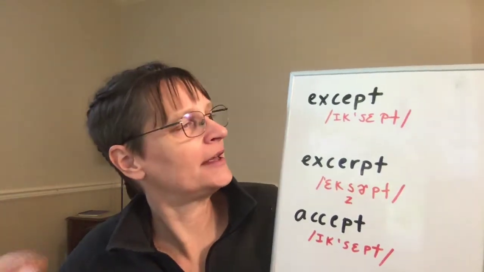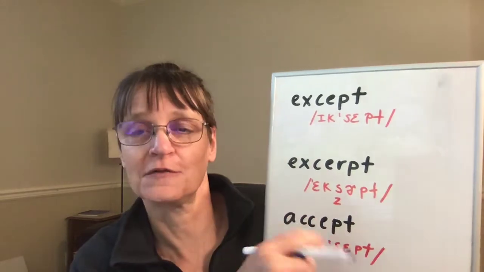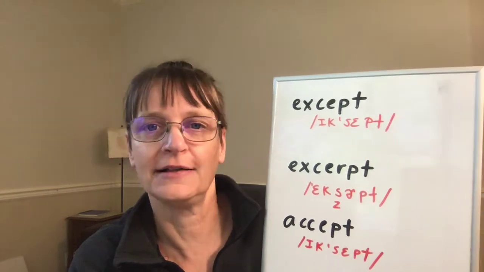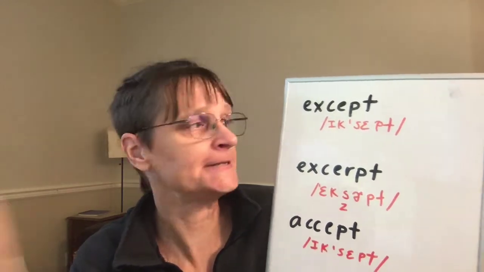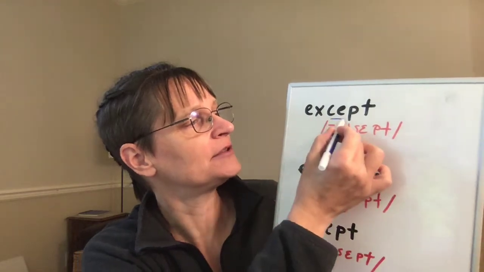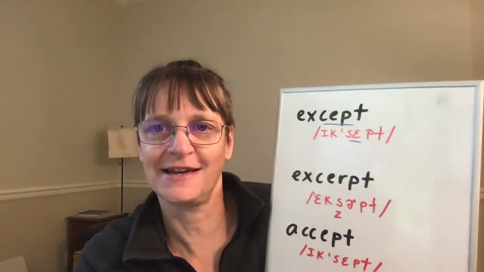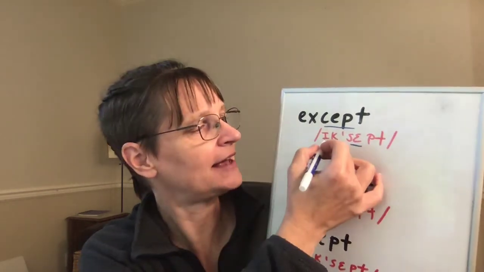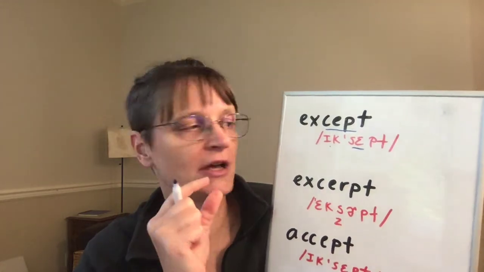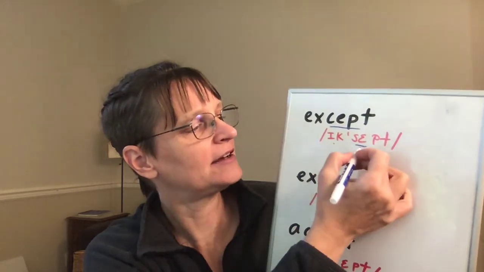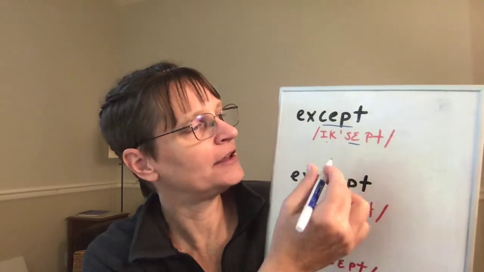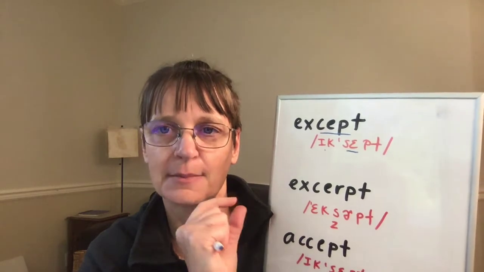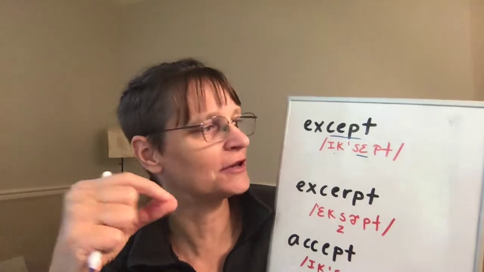When I'm talking about the word except, as in the exception for something, an example would be, I like all fruit except bananas. We have second syllable stress, and that means my clear vowel is on the second syllable, and my first syllable is short and unstressed, and it has the lax I vowel. It's a short I, except, and I want my length to be on the second syllable. You may find that it's challenging to put both the P and the T together, sept, sept. You want to make sure that you can sequence those.